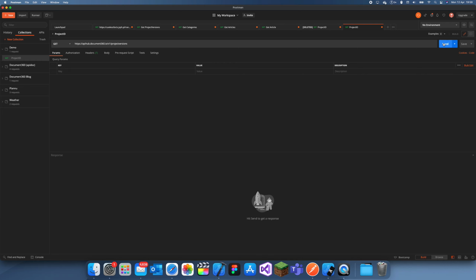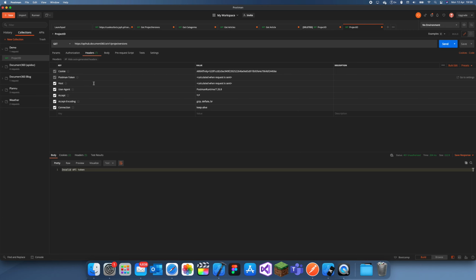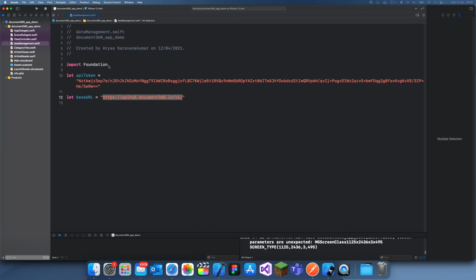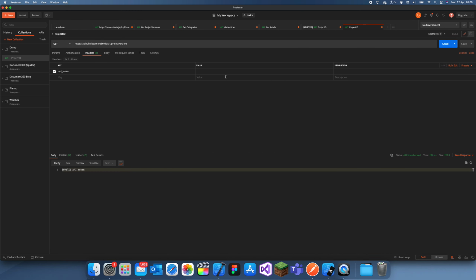So if we try and send this now, you'll see we don't have a valid API token, and that's because we haven't actually put one in. So what we're going to do is create a new key, and if we go to headers, create a new header, and we don't need to see any of these, so we can hide these auto-generated ones. We're going to create a new header, API token, and then we need to put our actual API token in there. So if I copy and paste this, we can put this in here, and now if I send this,